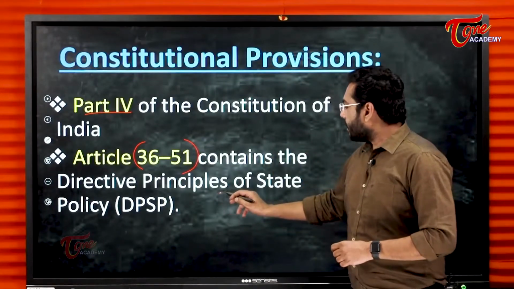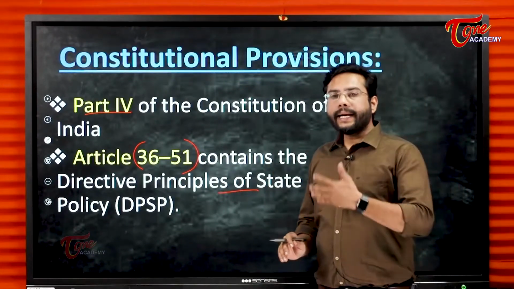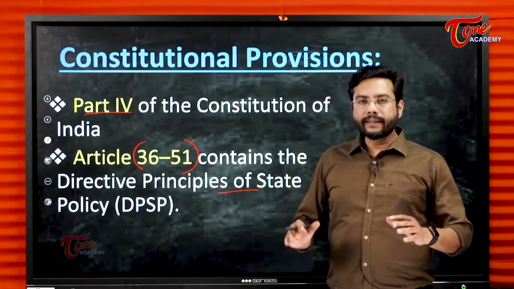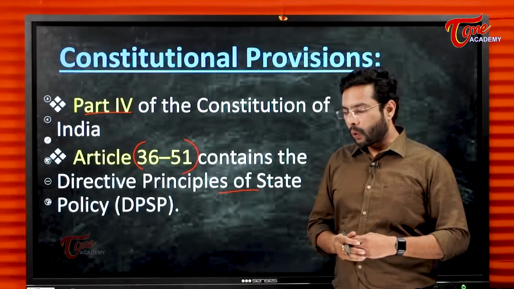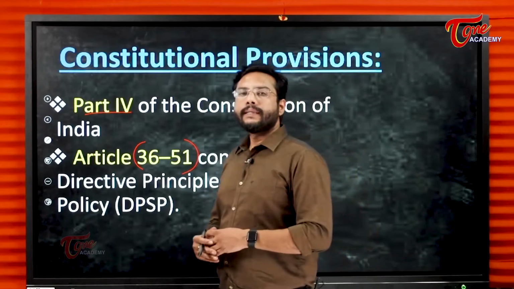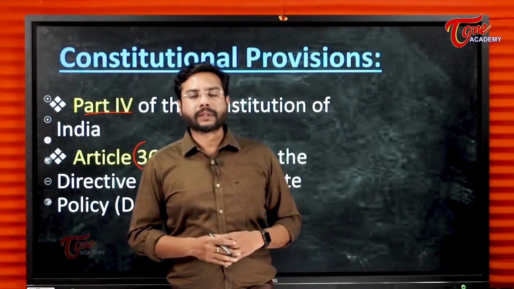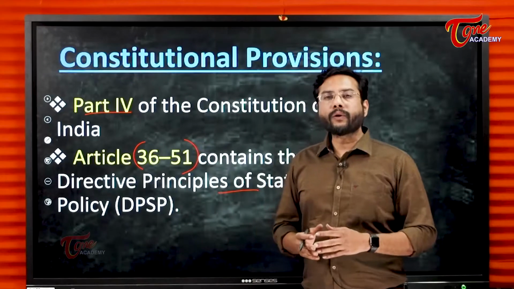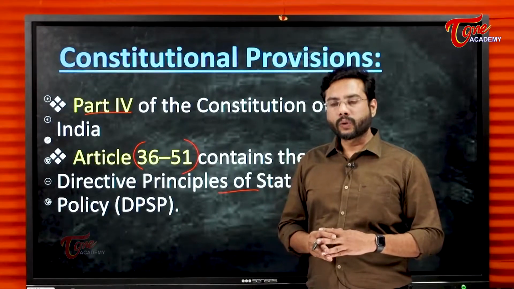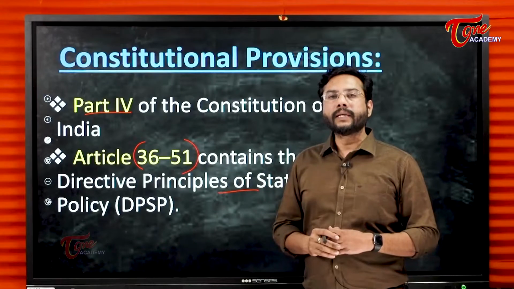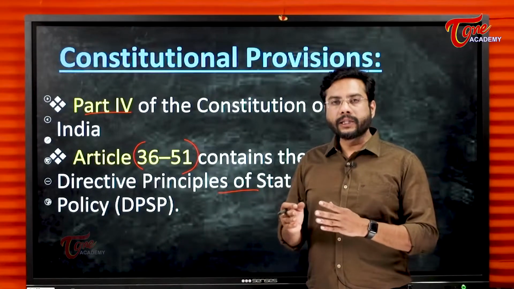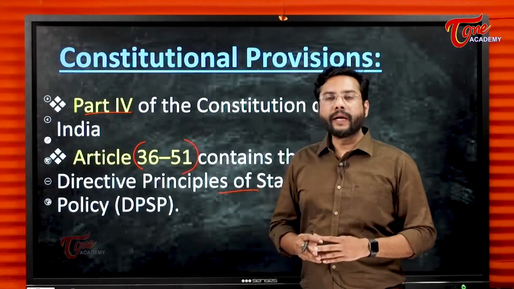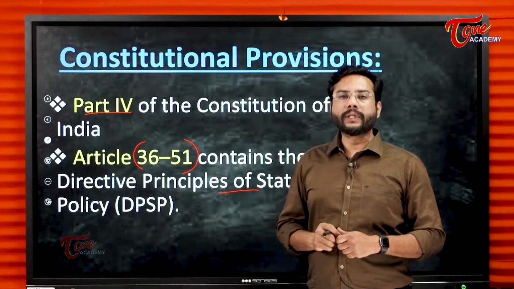So, directive principles will guide the state in the formulation of their policies. Originally, we also call DPSPs an instrument of instructions, that is, they instruct the state in preparing such policies needed